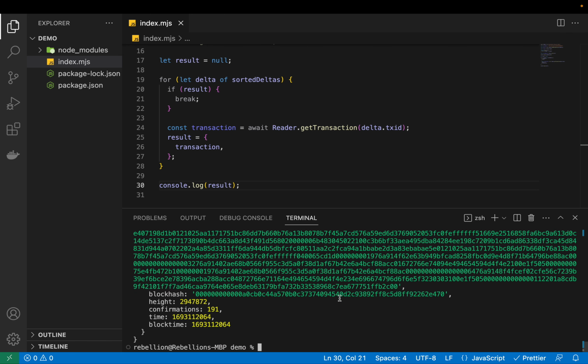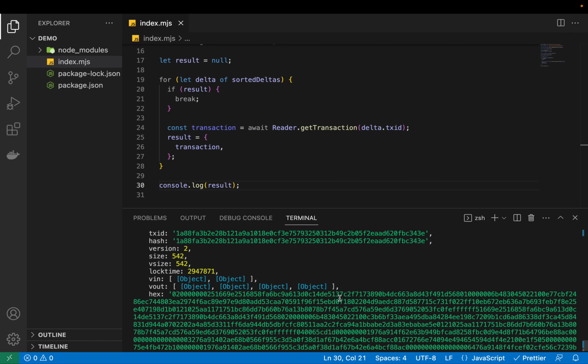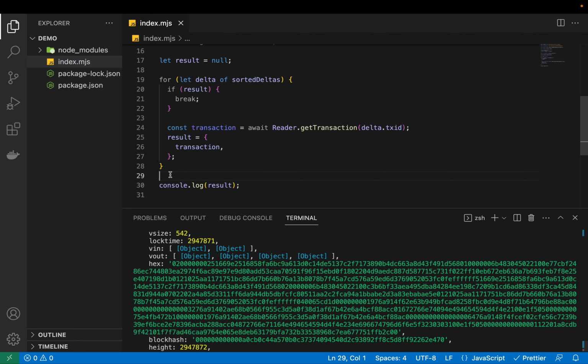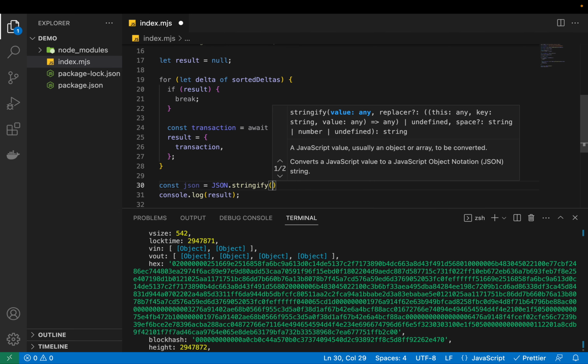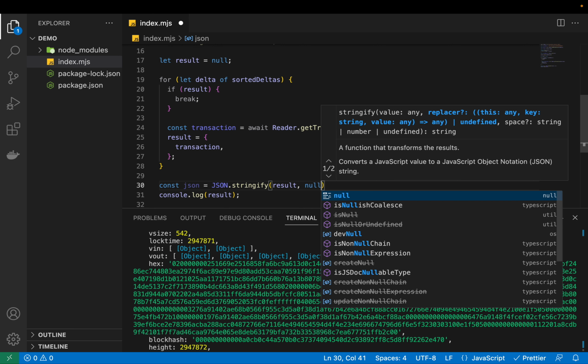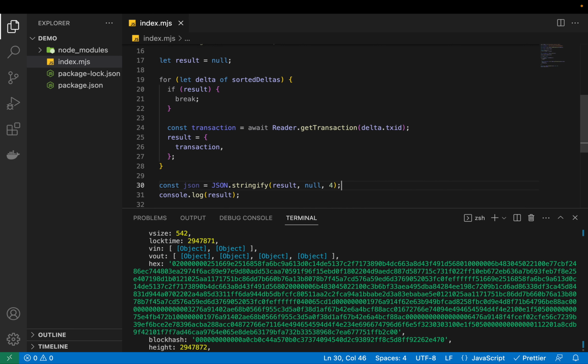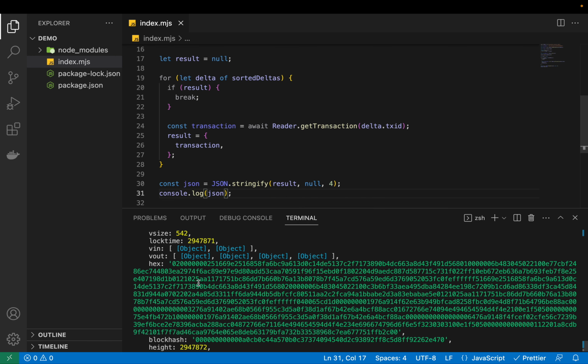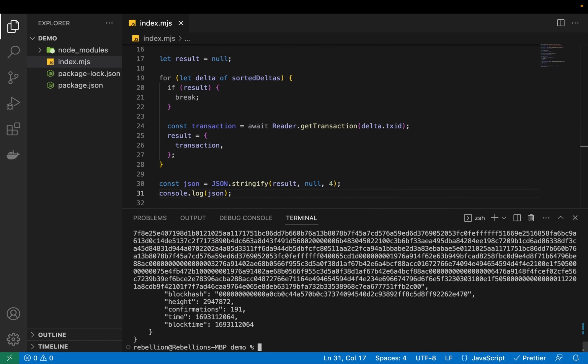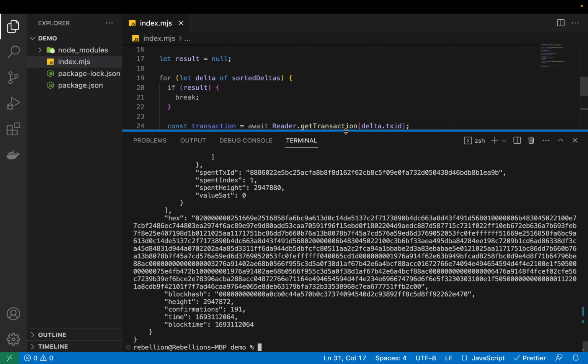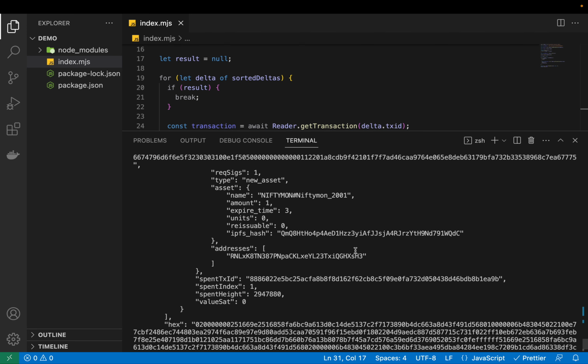We did get a transaction. Nicely, nicely. Object, object, object. So what we want to do is convert this to JSON, so we can result null 4. If you send in null 4, it will be indented. It looks better, more readable. So we do it again, and this time we get pure JSON, and we can see, looky, lots of fancy